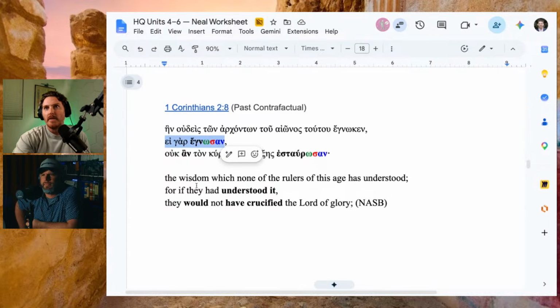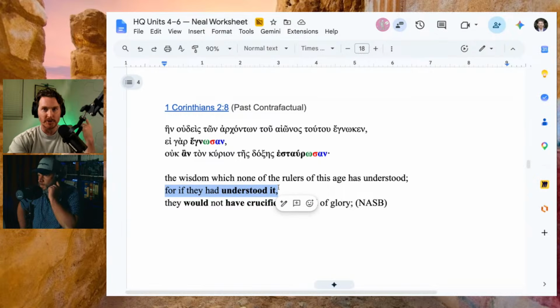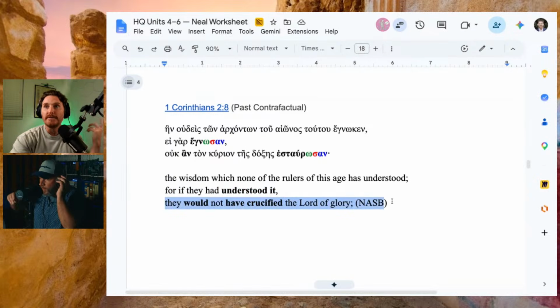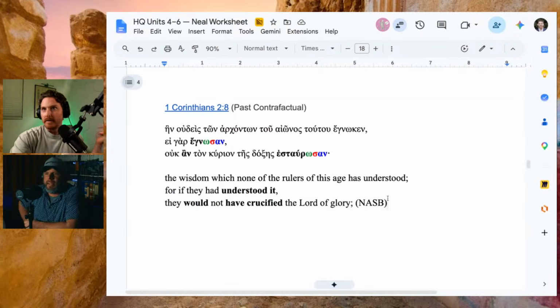If the wisdom which none of the rulers of this age had understood, for if they had understood it, they would not have crucified the Lord of glory. So here you have the ei clause with the egnosan, right? Had they? So it's